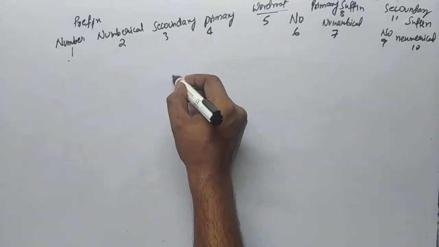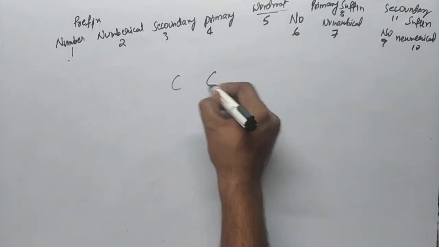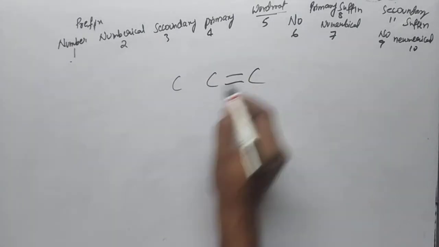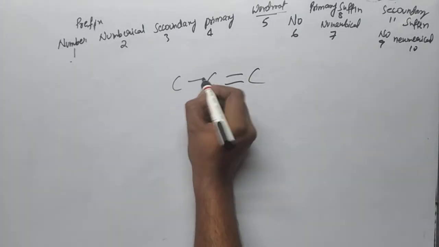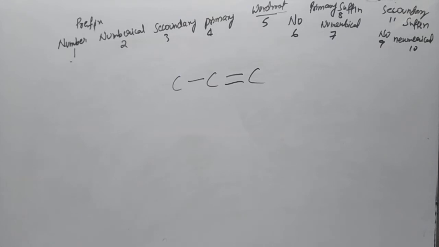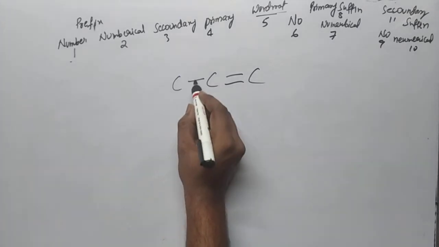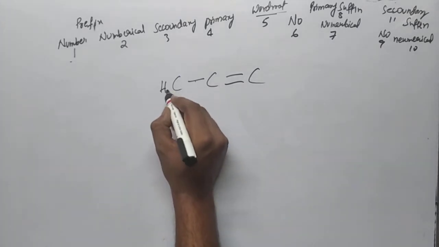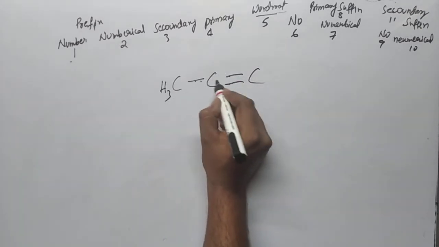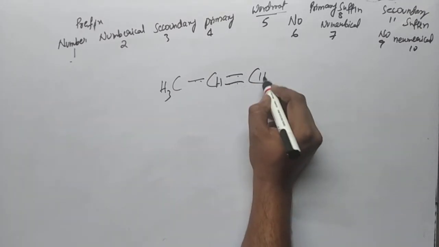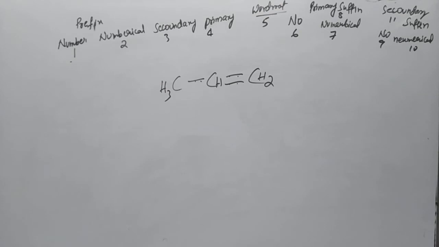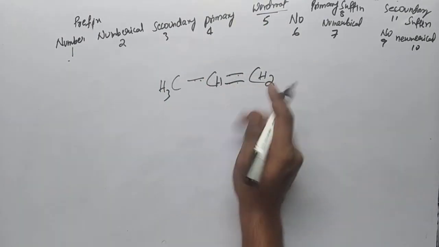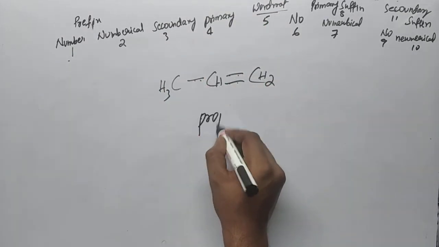So next I am taking a compound. See, we have a 3 carbon compound, and in between we have a double bond. Here a single bond. Now we have to name this carbon compound. This carbon has 1 bond, so we require the remaining 3 with hydrogen, so 1 2 3 hydrogens. Here we have 2. Now we have to name it. What is the word root? We have 3 carbons, so we write prop.